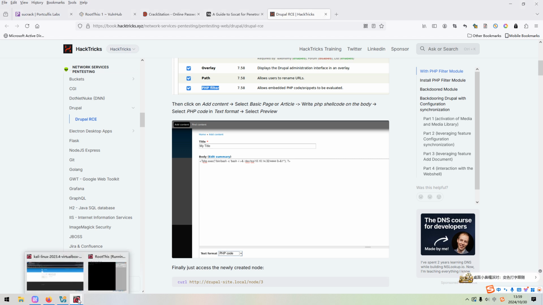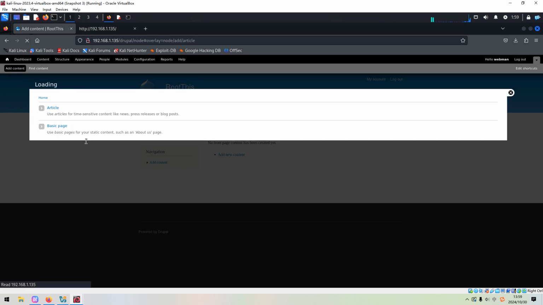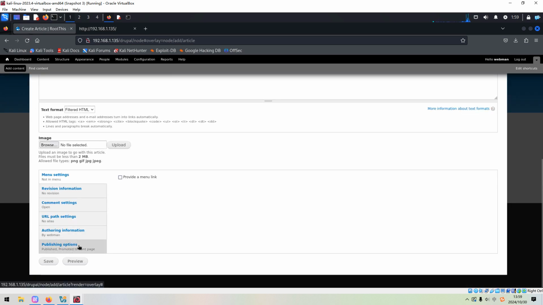Okay, so let me show you in action. If you add content now, for example, add article, at this moment the text format just supports HTML and plain text rather than PHP.